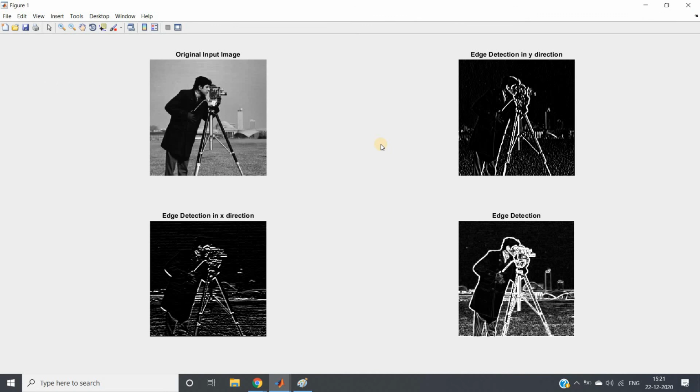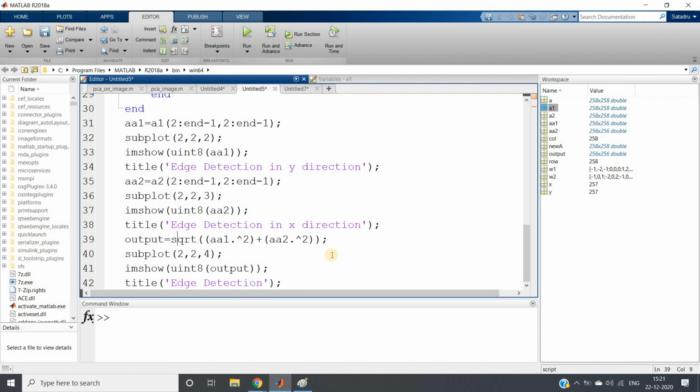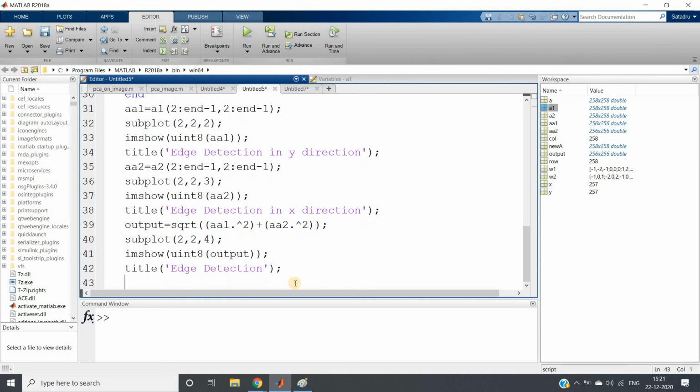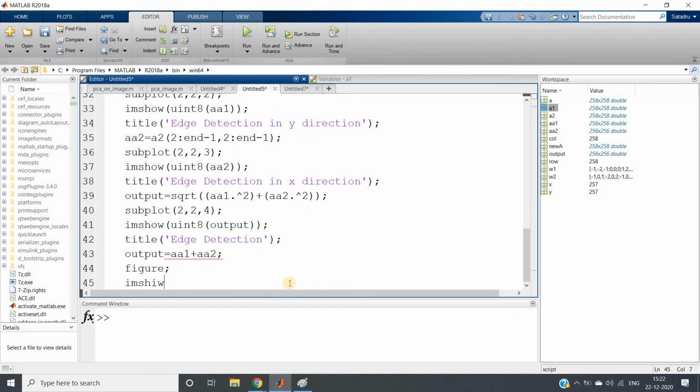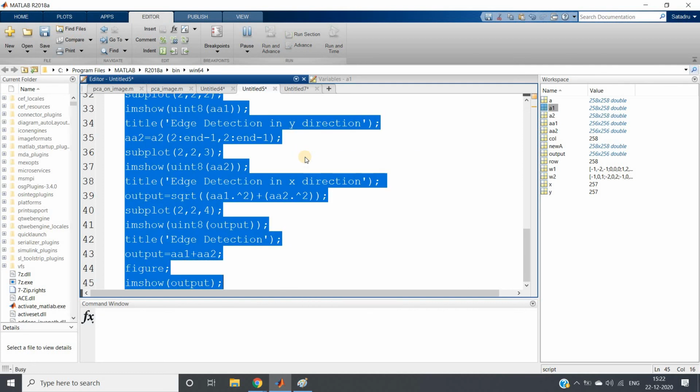So see here, perfectly we are getting this is our original image, this is edge detection in y direction, this is edge detection in x direction, this is overall edge detection, okay, only magnitude. Suppose you want to get only the image part, that is not magnitude and direction separately, so what you can do is AA1 plus AA2, and figure, imshow output, Control A, evaluate selection.